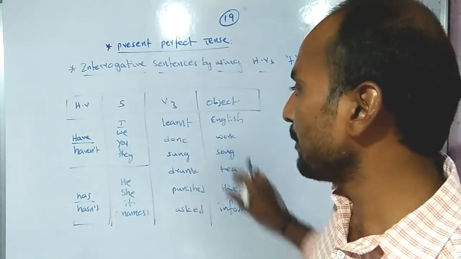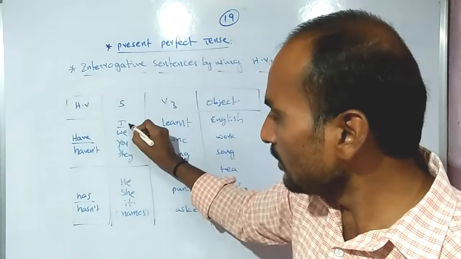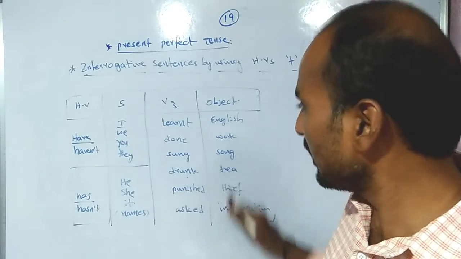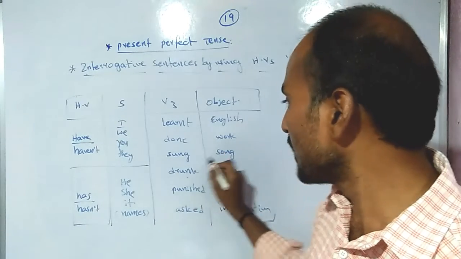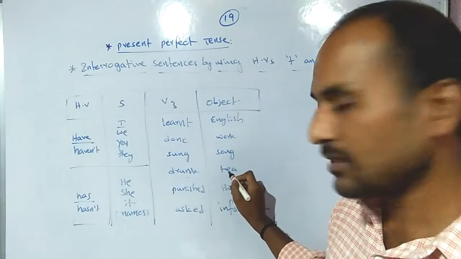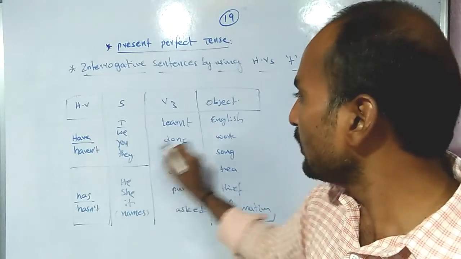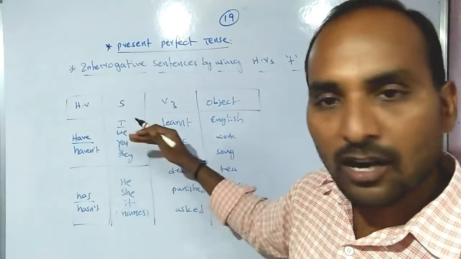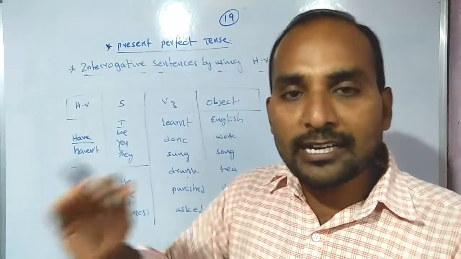So this is how we can frame sentences, taking all subjects once and all verbs once and all objects once. See, have you done work? Have you sung song? Have you drunk tea? Have you punished thief? Have you asked information? Have they learned English? Have they done work? And after practicing all the positive interrogative sentences, try to practice all the